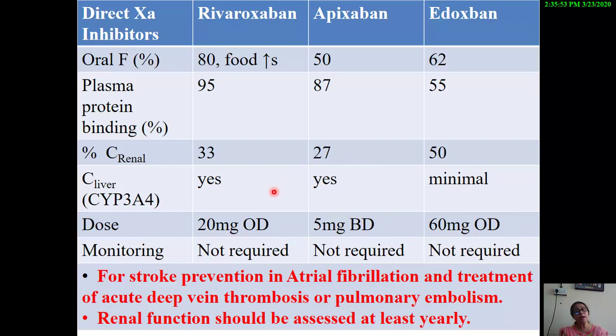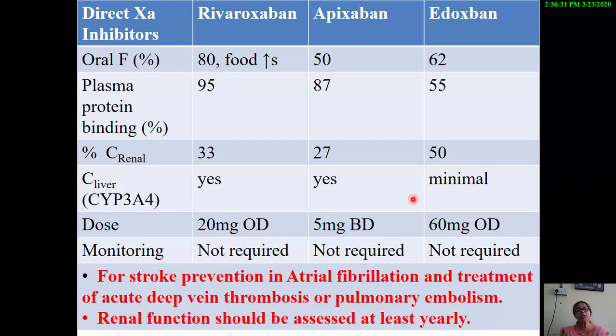Plus, rivaroxaban and apixaban are also metabolized with the help of a cytochrome P450 enzyme, which is CYP3A4. So CYP3A4 is also responsible for the metabolic clearance of rivaroxaban and apixaban, but has a negligible effect on the clearance of edoxaban. Now, what this primarily implies is that all these three compounds, rivaroxaban, apixaban, and edoxaban, require monitoring by